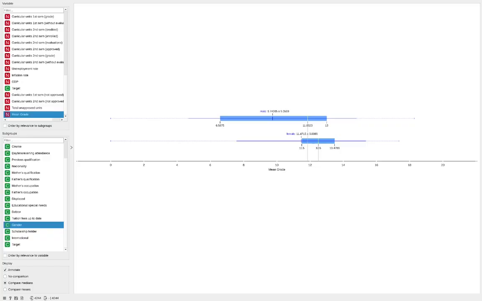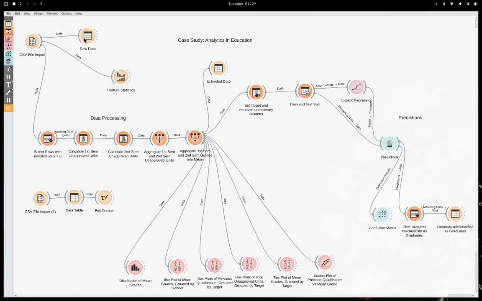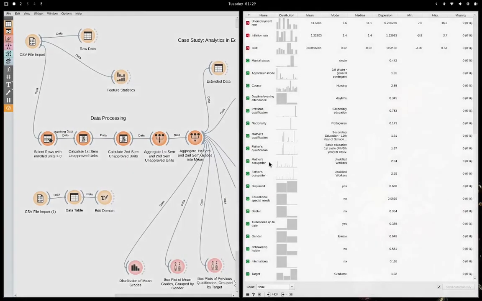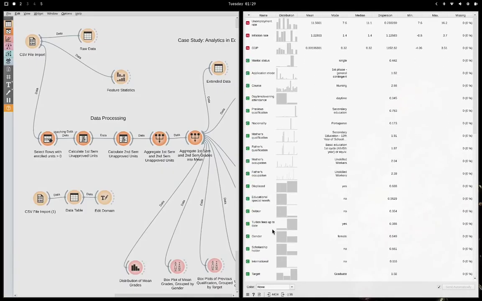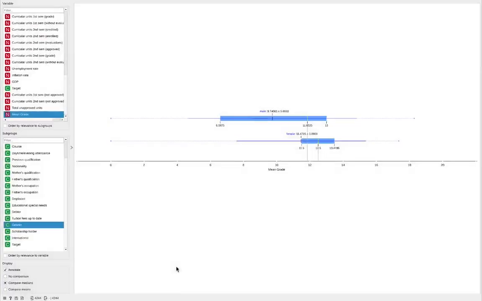If you look at the distribution of male and female students, you can check that in the feature statistics right here, and go down to the gender feature right here. So there are more females than males enrolled in this university right here. And if you check if there's a meaningful difference between their mean grades, you can see that there is a meaningful